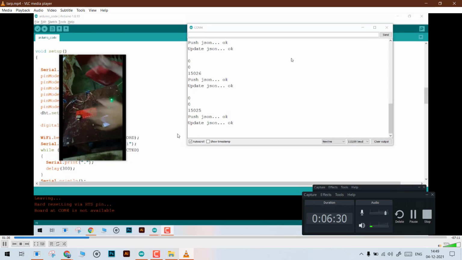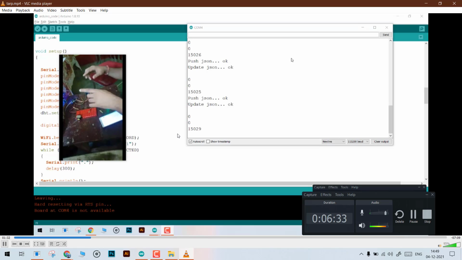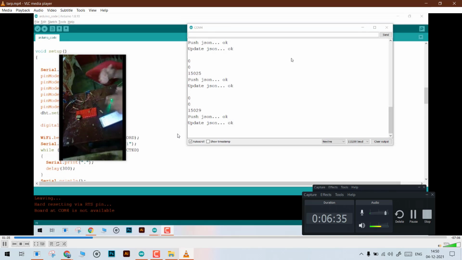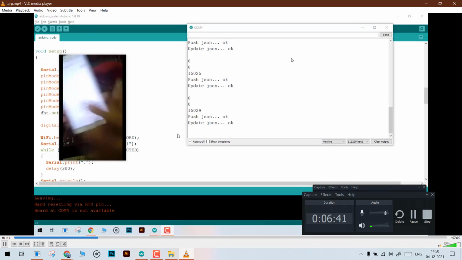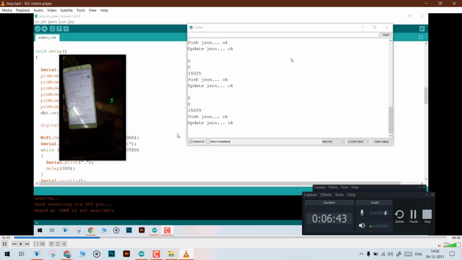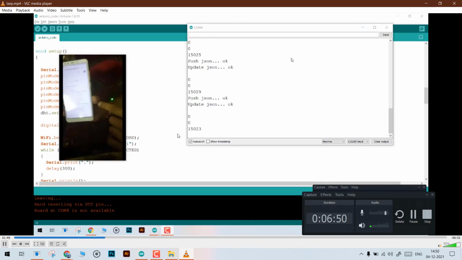For all the sensor values, after extracting the real-time values using this NodeMCU, I am pushing all the values to this cloud Firebase database, which I think is easily visible.